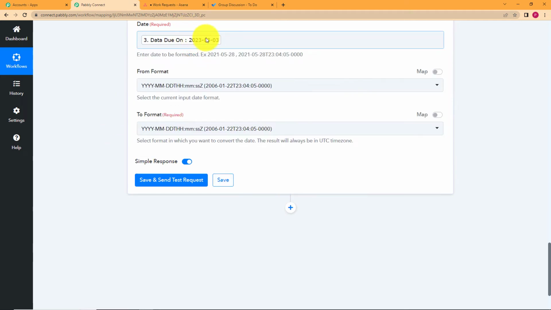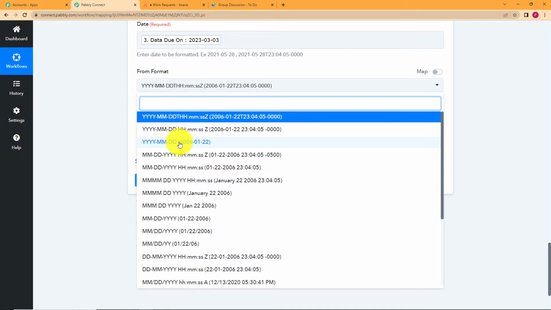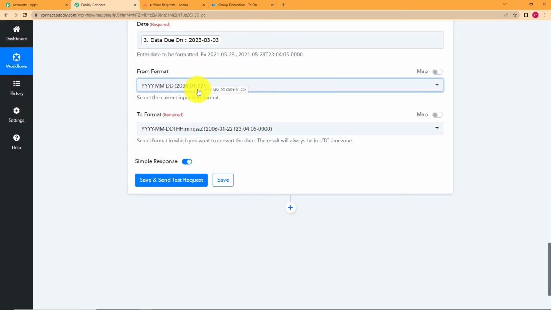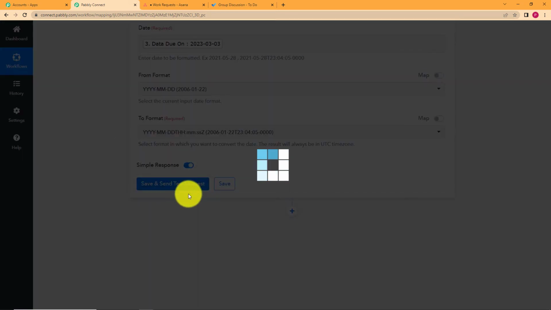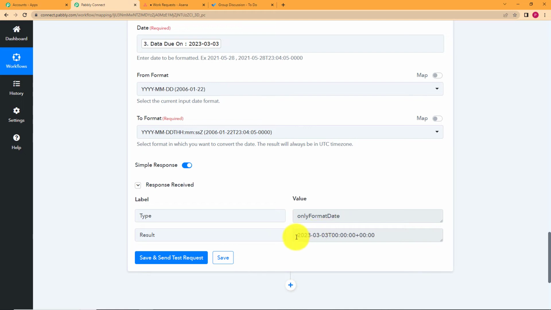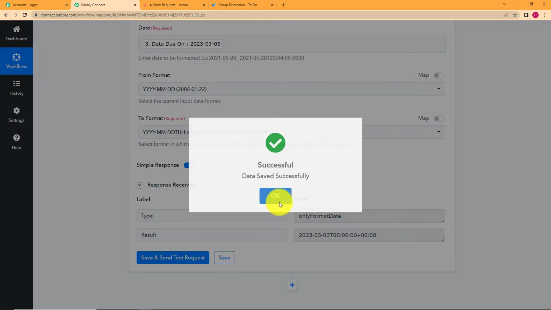Okay, the date was in this format, but we want it in a separate format. So the format right now is the year, month and date. This is the format the date is in right now. Now you want to change it to which format? You want to change it to this format. Click on save and send test request, and see the date has been formatted in this way. Now you click on save,